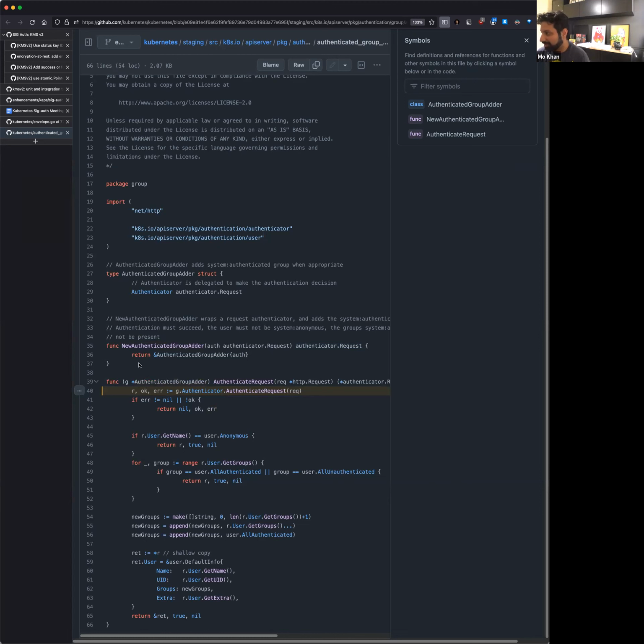But the gist of this, as you can see, is that this new function takes an authenticator and just returns a different authenticator, and all it's doing is calling its delegate, this guy. And then it says, hey, I want to add one group, the authenticated group, and then I'm going to pass it back, right? So if you change the request authenticator to that service interface, you can imagine an implementation of the service interface that literally just adds time.sleeps to all the calls and then calls the delegate,